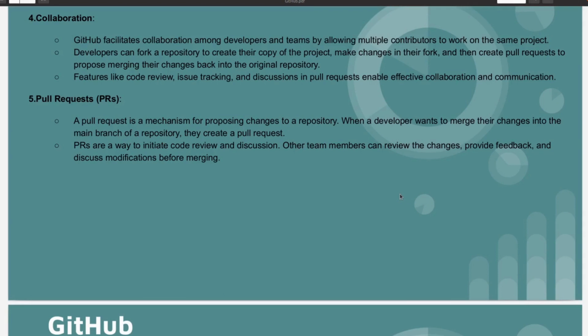So in every project we have a master branch, okay? And we don't want any user to merge their code into the master branch directly without getting approval and without getting their code reviewed. So they need to first raise one PR so that someone from your team will review that code.